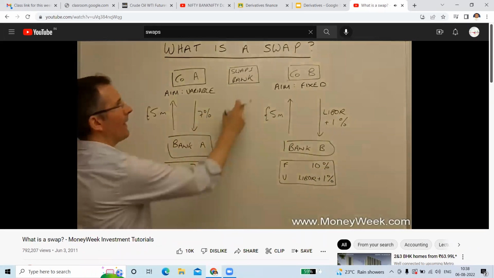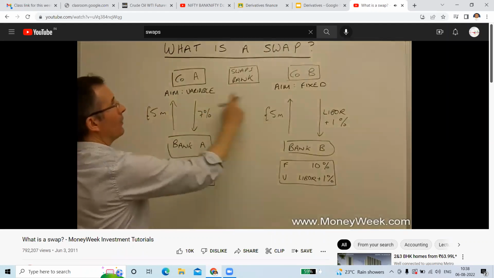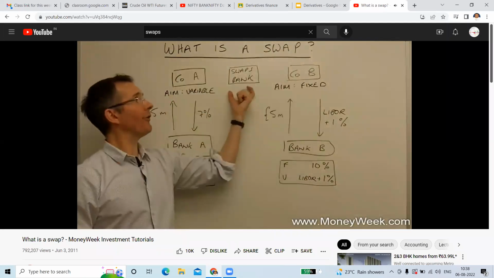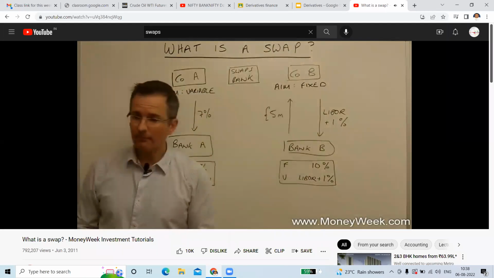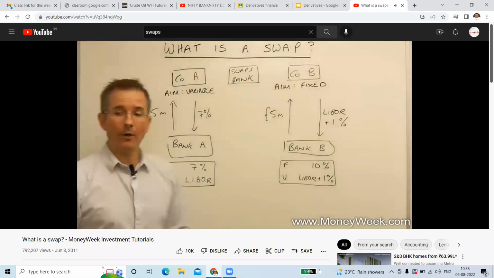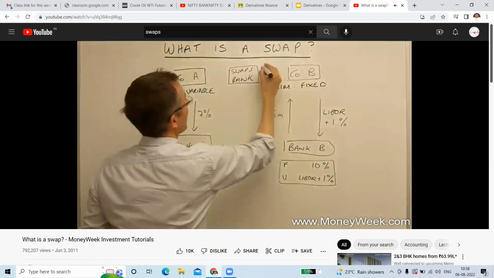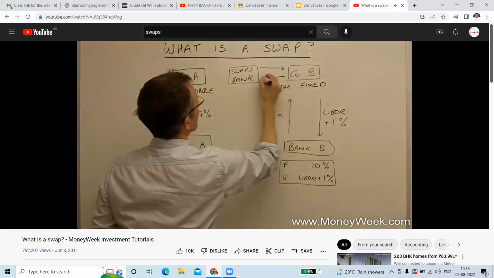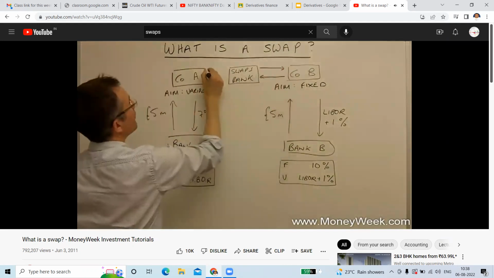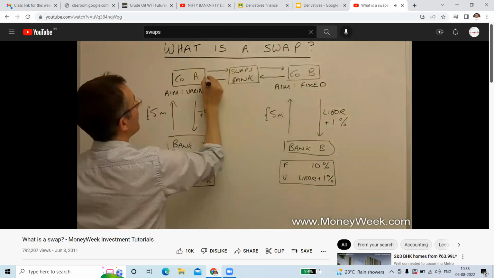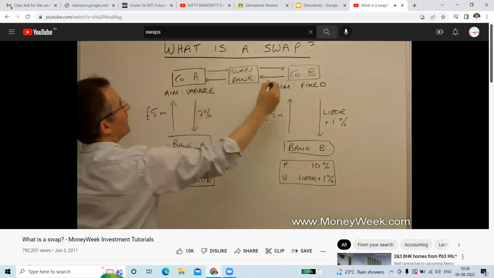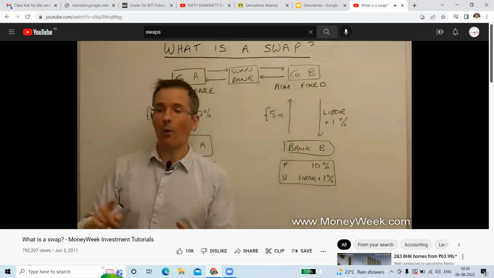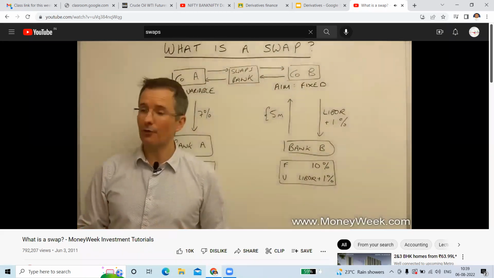Why two? Because it shows how the bank can make some money and also help two clients. And it also shows how the bank can sort of offset risk on each side. So let's say the swaps bank says, right, I'm going to do a separate deal with each of my clients, and these are separate swaps. So there's swap 1 and there's swap 2. And literally a swap is just exchanging one thing for another, in this case interest rates.